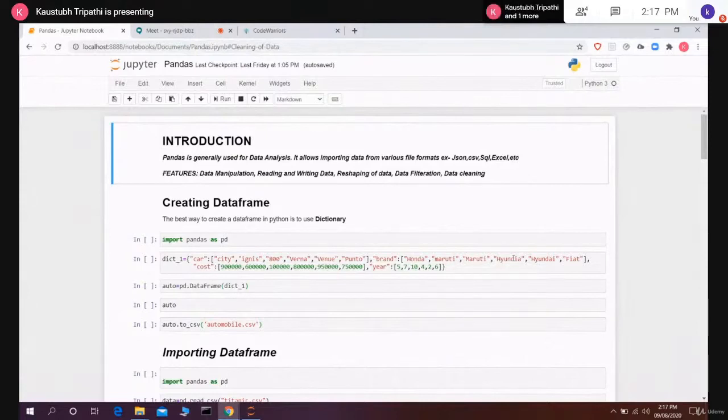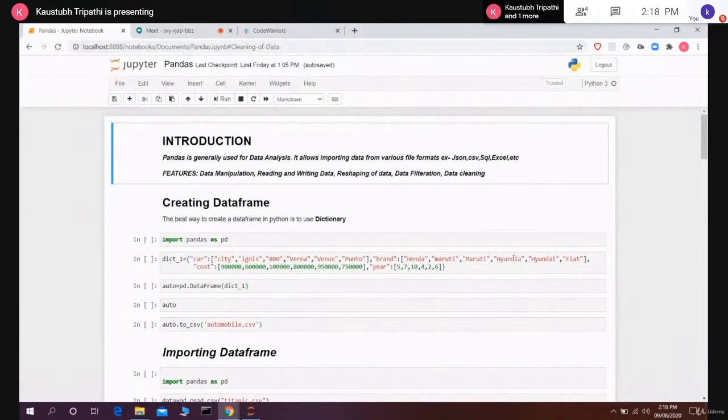So Pandas is generally used for data analysis. As I told you, if you are applying for a data scientist role, you want to learn machine learning models or deep learning models. In this, there's always a huge amount of data to work with, and data is never accurate, because there will be some missing values and always lots of noise in the data. You want to remove that noise, and then understand what that data is giving me, what I can understand from a huge dataset. For those things we use the Pandas library.